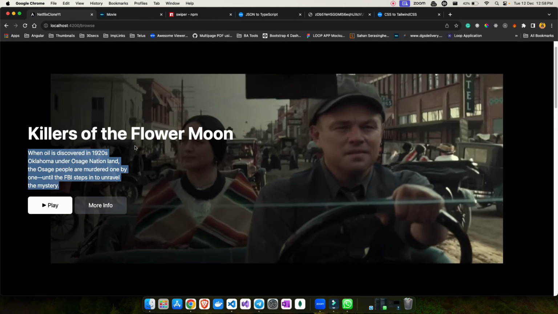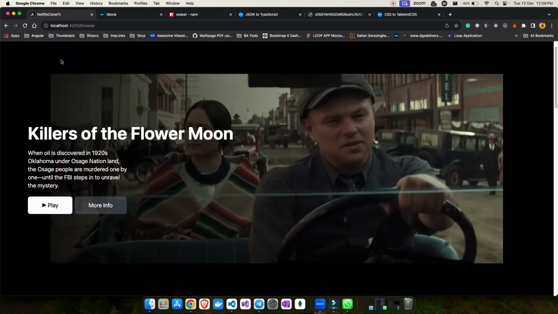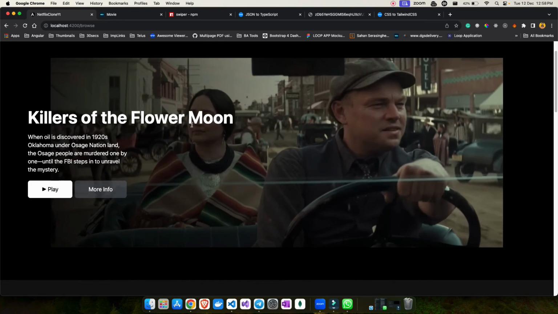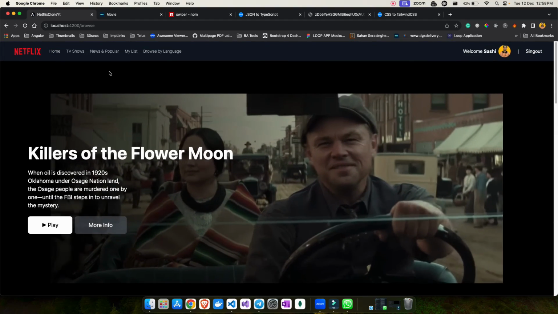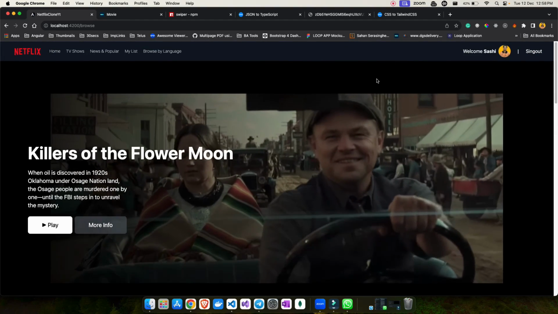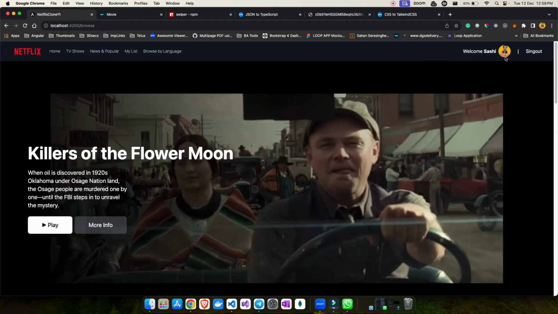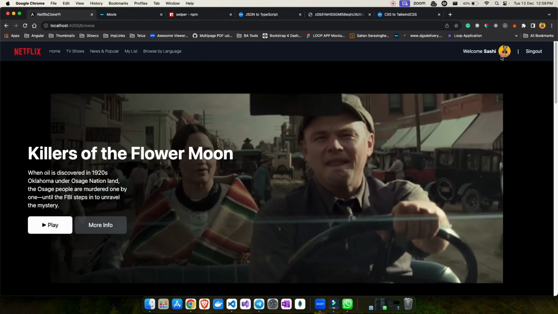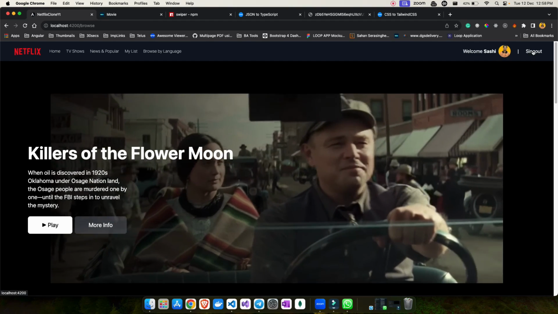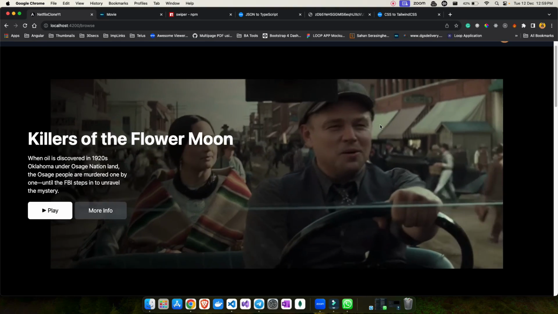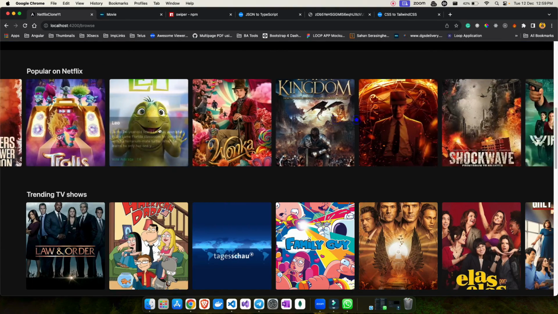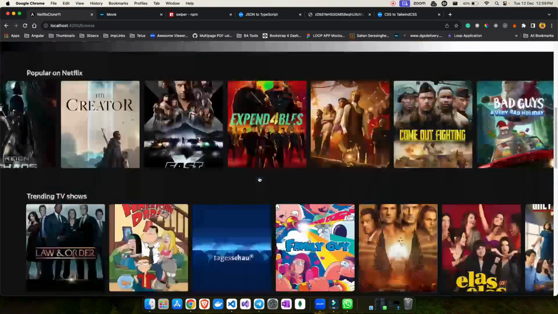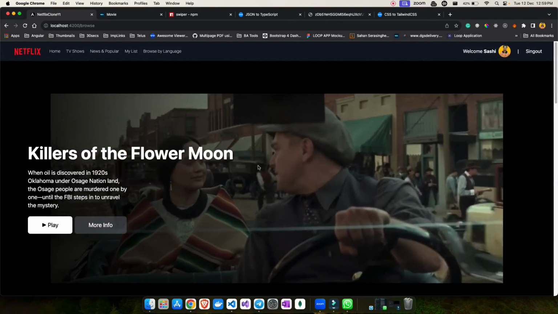And after doing all of this, now I can say that your Netflix clone is ready. At least you have your home page ready here. As you can see, I have a beautiful looking header on the top, and I have this profile of whoever logs in by using Google Auth. I have this sign out option as well, and then you can see a beautiful trailer, title, overview. Scroll down, and you can see the list of movies as well. So now we can say that your Netflix clone is ready.